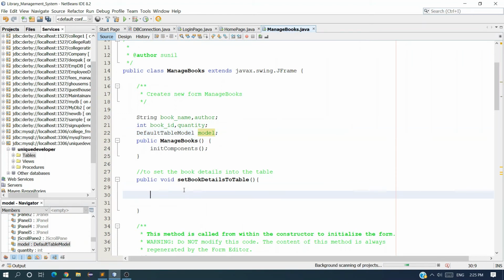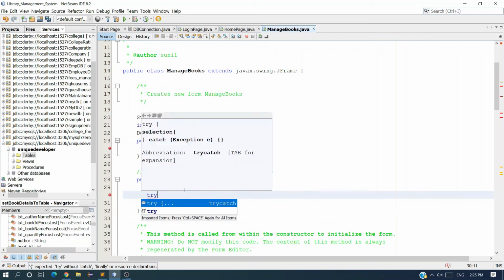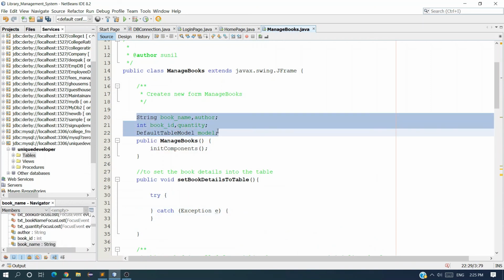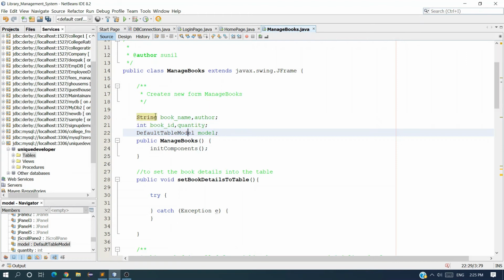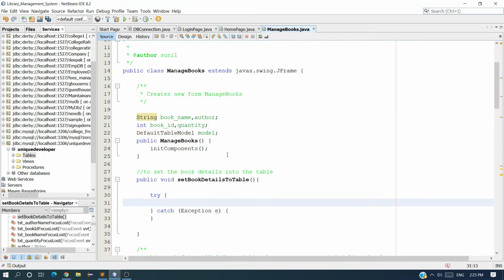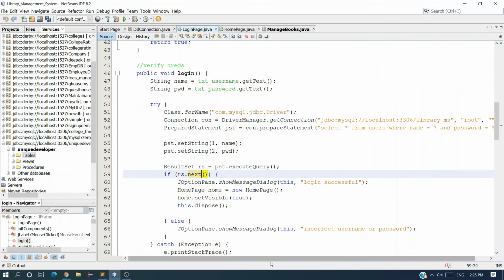Now we have to create a database query, which is try catch. I think we don't require these variables instantly. In the later method we require them, but I created them initially. So inside this try catch I want to just establish a connection. So go to the login page where we have this connection.